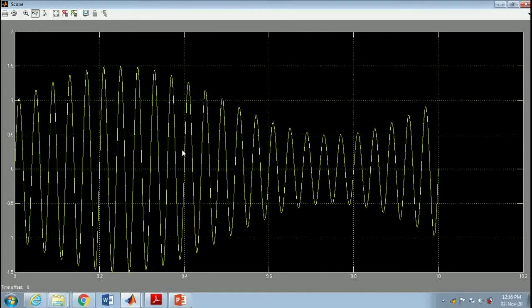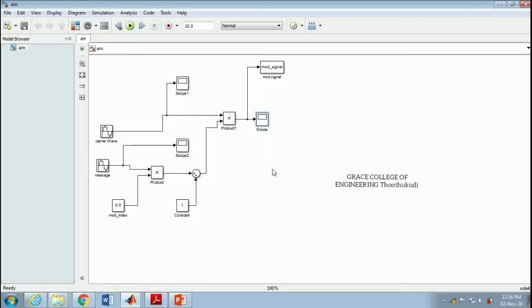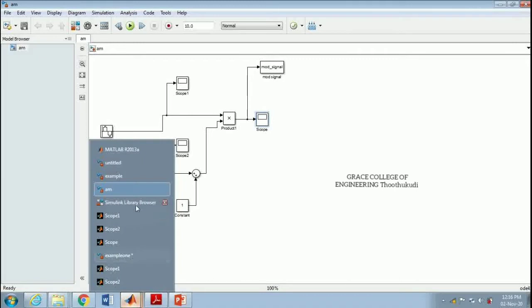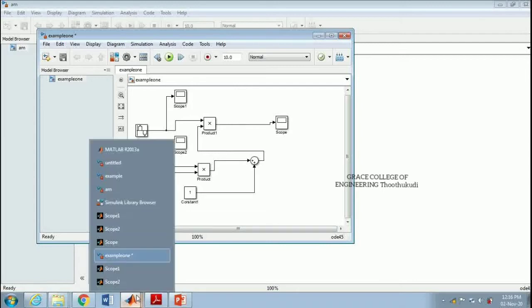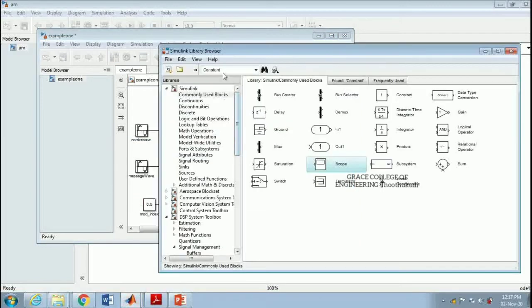So now, what can we do besides the scope? We can see the output, or else another component is available in our Simulink library. So I am going to add that component also in our diagram. So that is signal to workspace. In our command window, we can see the output. So for that, we are going to search for the component signal to workspace.